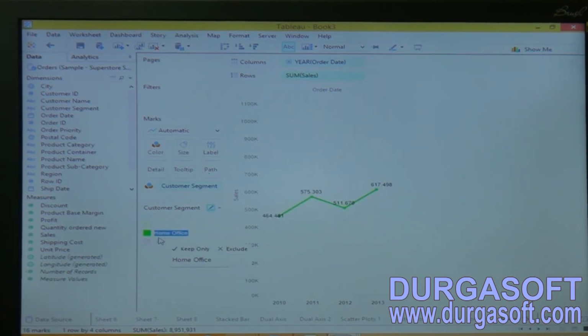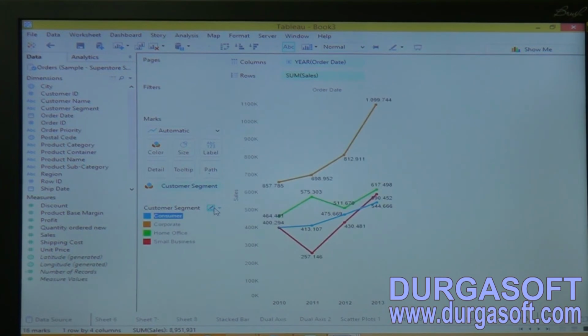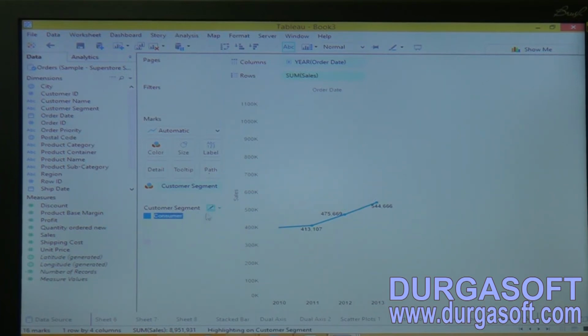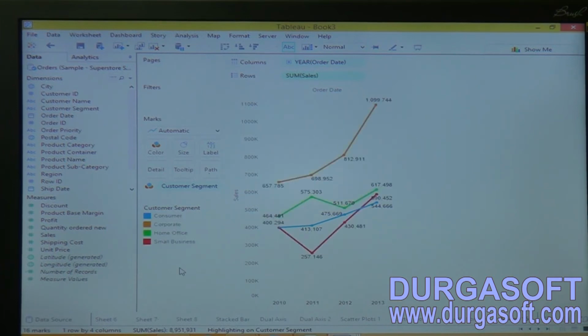We have now highlighted our data on the view by using the highlighting enable option. See this, we have highlight enabled. Now if you select this, it will not be highlighted because highlight mode has been turned off. Highlight mode has been deselected. This is the way to represent the data by using a line chart. Okay, I created a line chart here, also applied the highlight actions. So this is the way to estimate that.